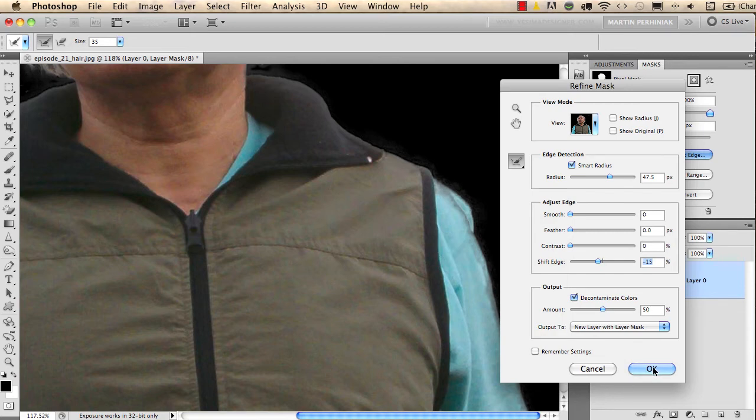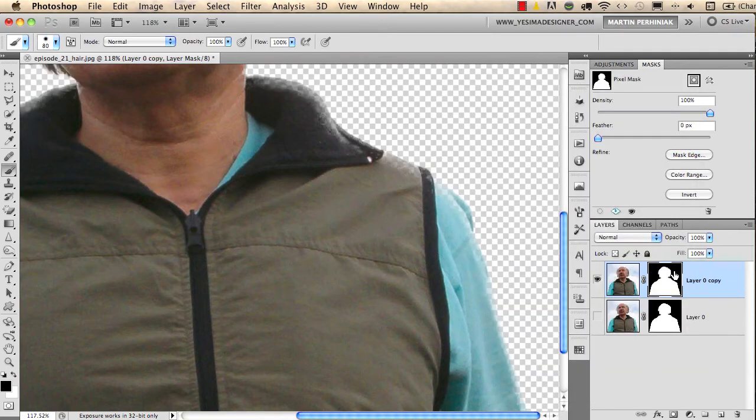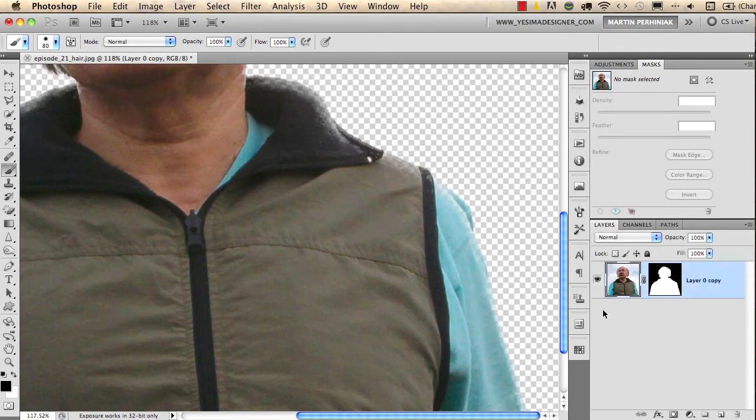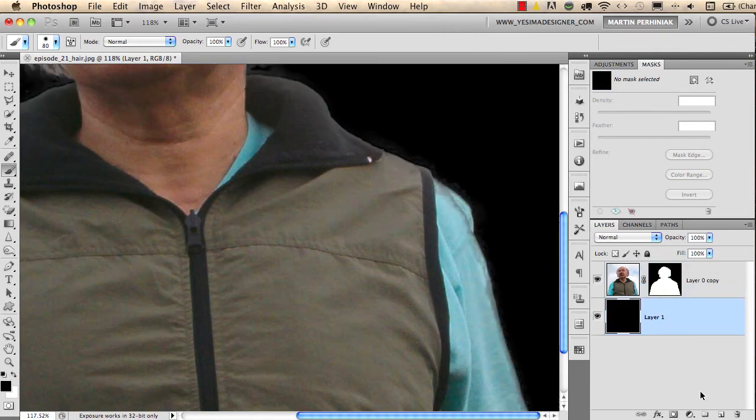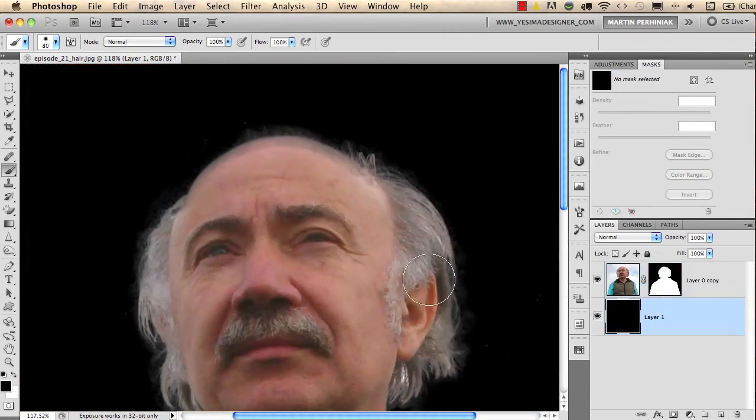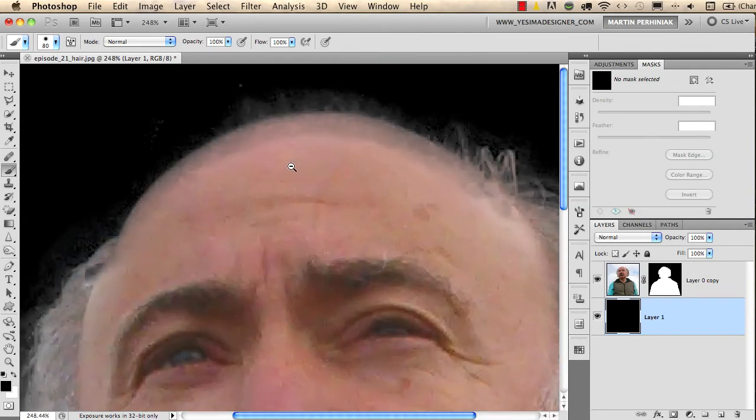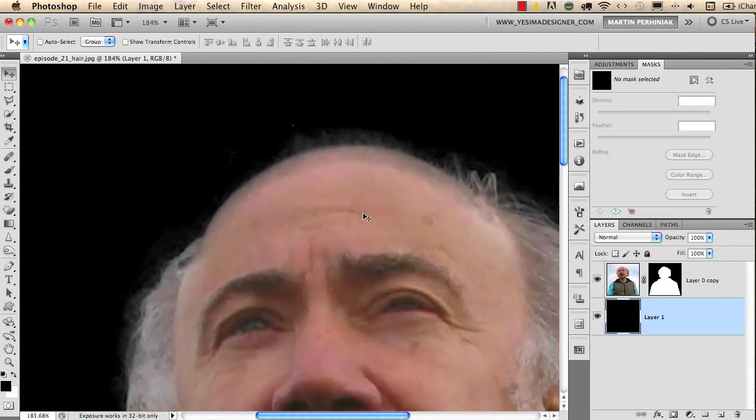So now I will click on OK and it creates a new layer for me. I can even delete the original layer with the original mask if I don't want to use it. So I will do that now. I delete it and I put a new layer in the background and I will fill that with black just to see what we did. The only problem is here on the top where we don't have hair,